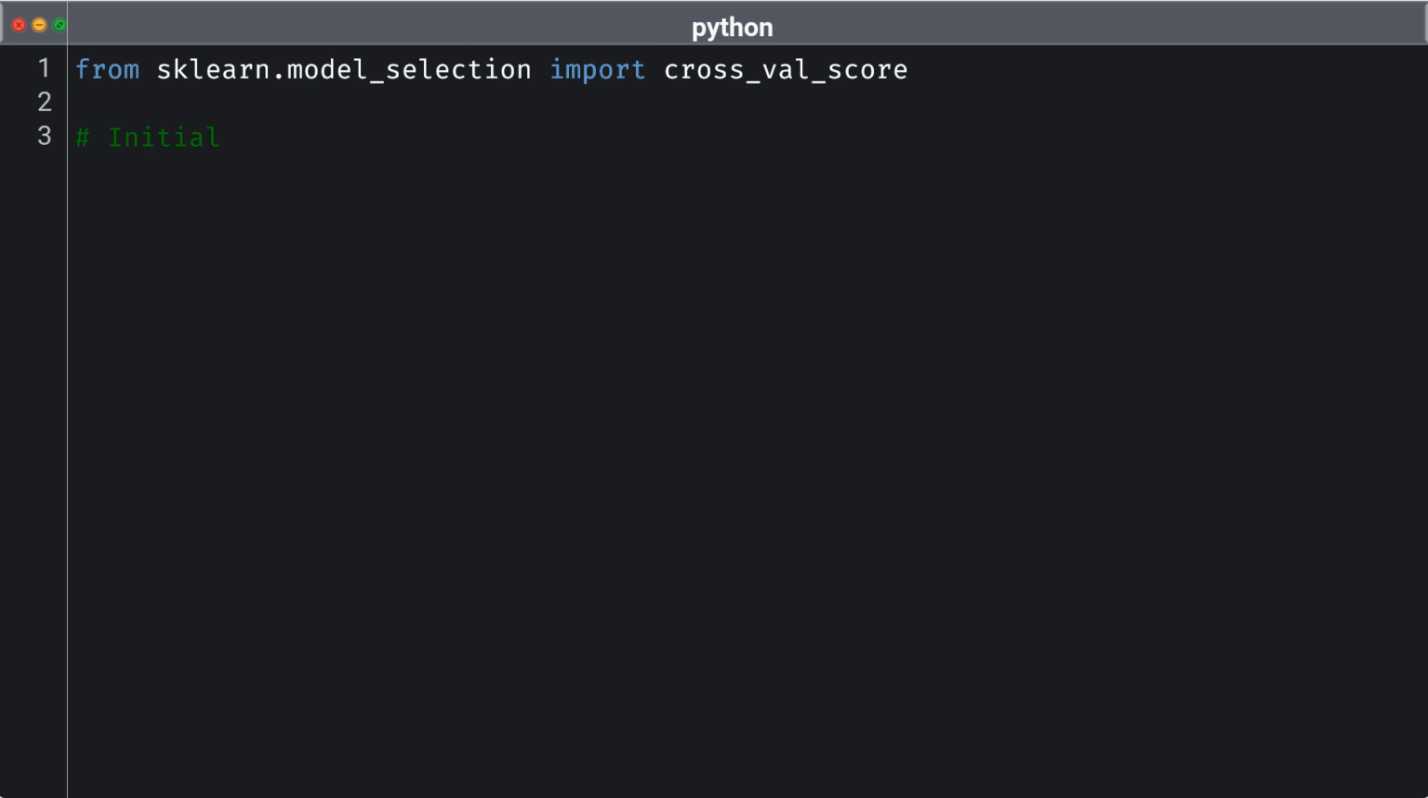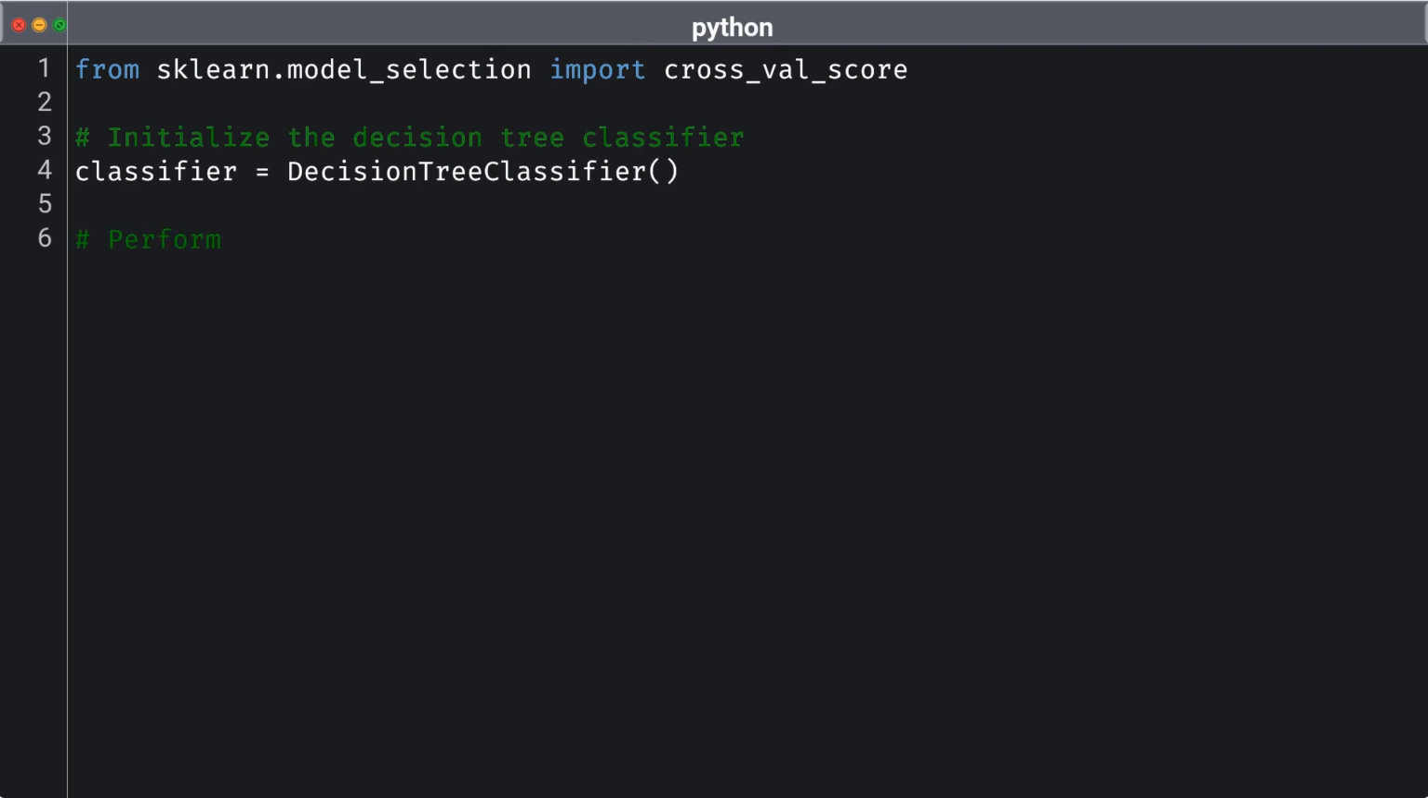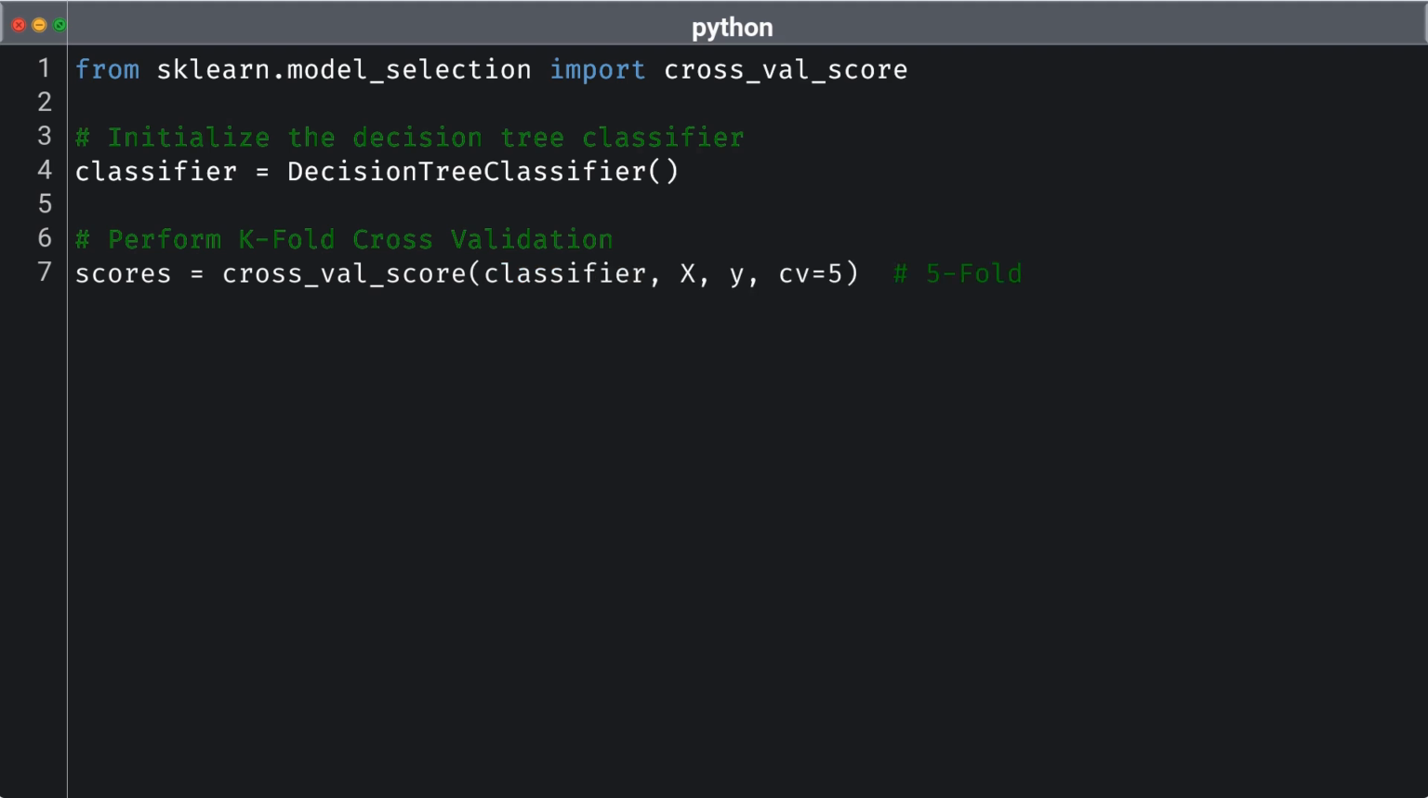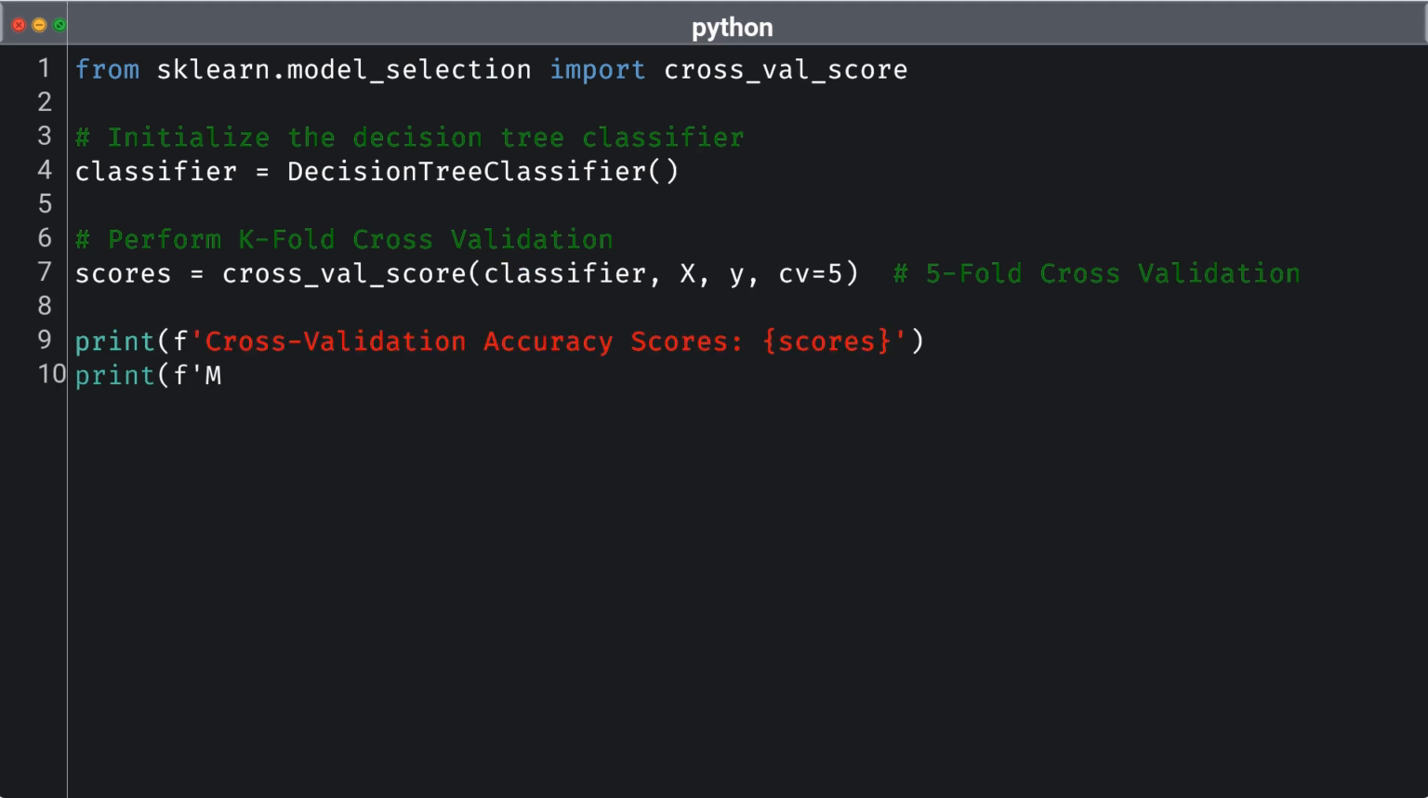To effectively evaluate our decision tree model, we can implement k-fold cross-validation, a technique that allows for a more reliable assessment of performance. In this code, we begin by importing the necessary function, cross_val_score, from the sklearn model_selection module. We first initialize an instance of the decision tree classifier, which will be our model for prediction. By calling cross_val_score, we then apply k-fold cross-validation, specifying a parameter, cv equals 5, which divides our dataset into 5